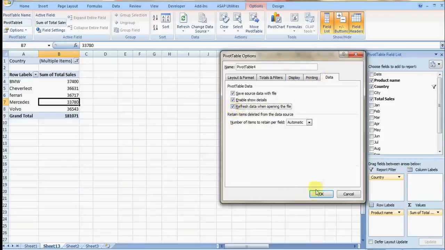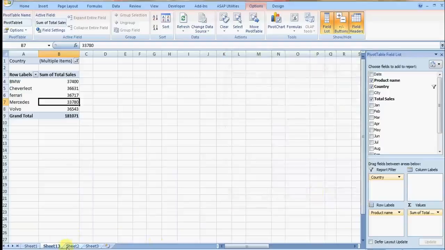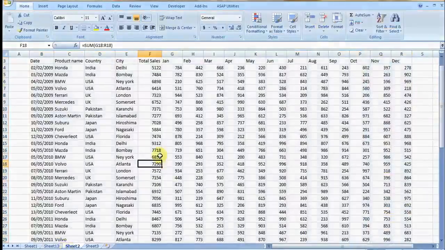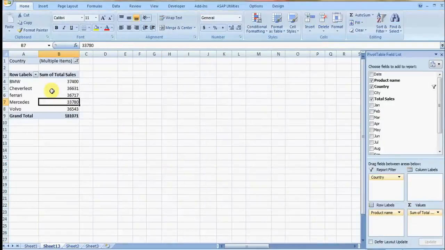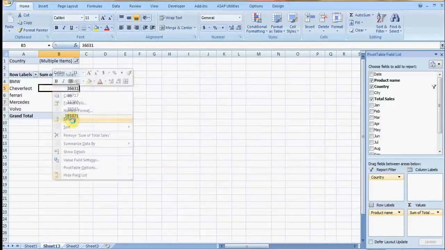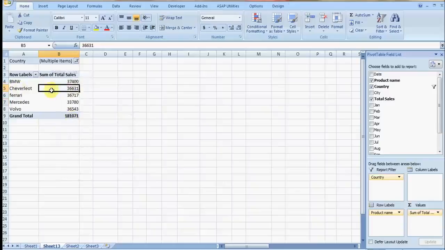And say you have added some more data over here. The pivot table which was made will not reflect it automatically. Once you have made the table and you add more data, you need to go over here and right click it and click on refresh, and it will have the new data incorporated over here. It's so very simple. Pivot tables